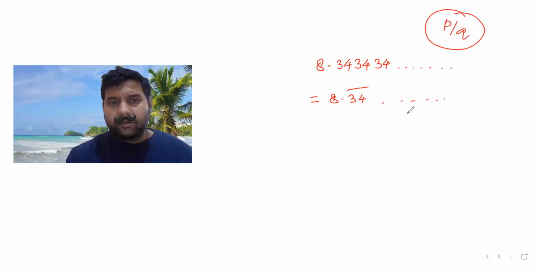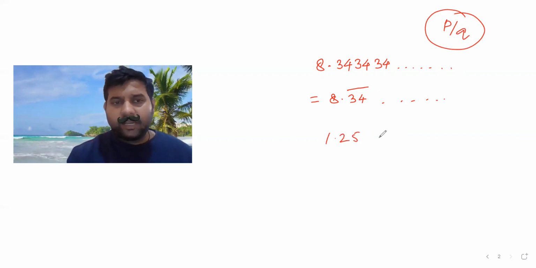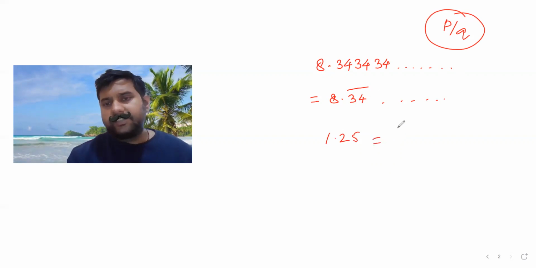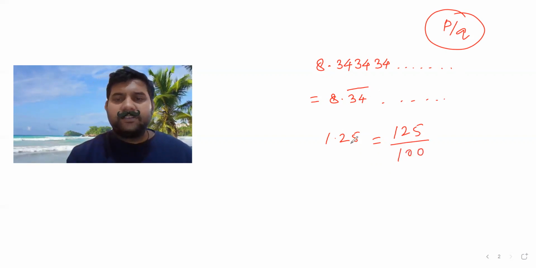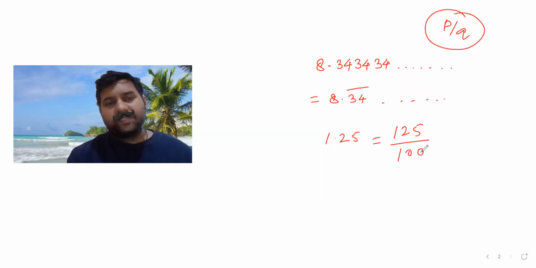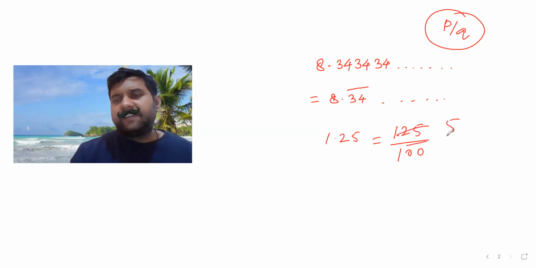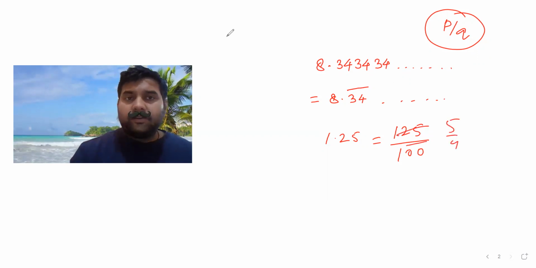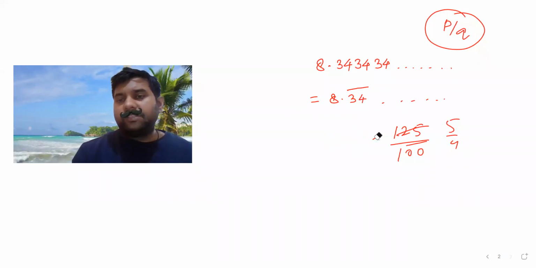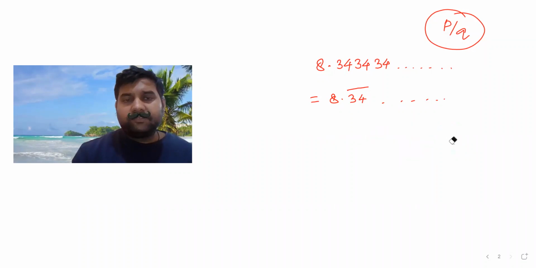Right now we cannot. For a simple decimal like 1.25, for example, how do we convert it as a fraction? Simple, 125 by 100, right? Number of digits after decimal is 2, so 2 zeros in the denominator, and then we simplify, so it's 5 by 4. That's p by q. Not in this case, because here how many zeros will you put, there is no end to it, right? It will go till infinity. So there is a different method.